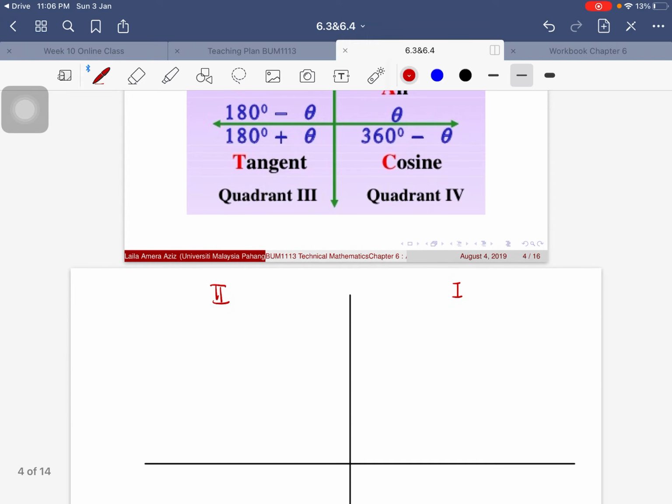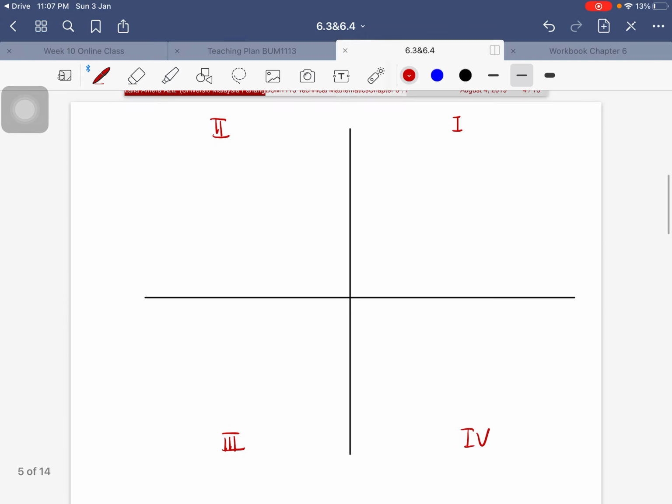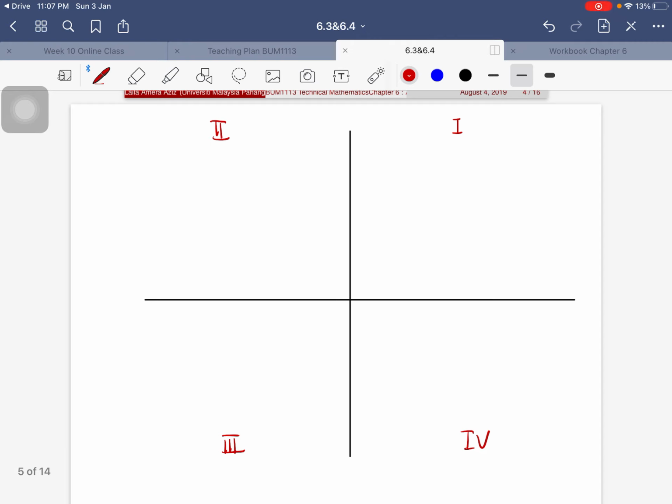Which is regarding our quadrant. You have seen this before in 6.1 when I explained to you about the quadrant and even the reference angle. But I would like to remind you about this again so that you have a clear idea when we use this in our calculation. Basically, we have 4 quadrants. The top right is going to be the first quadrant, then the second quadrant, third quadrant, and also